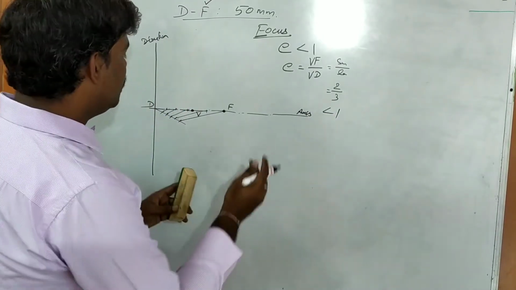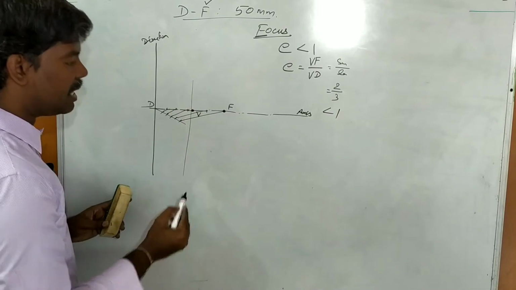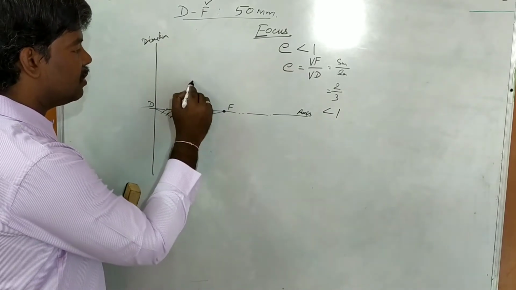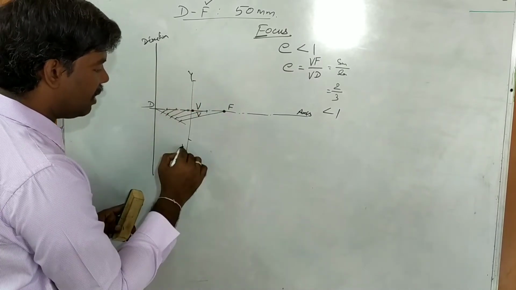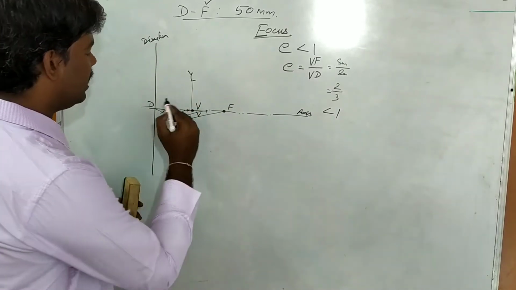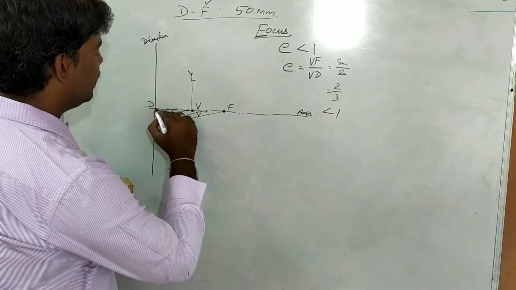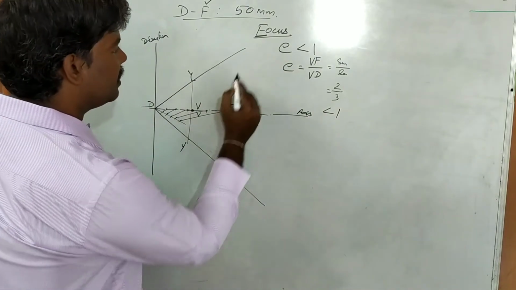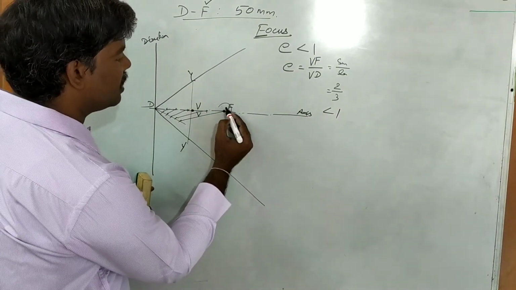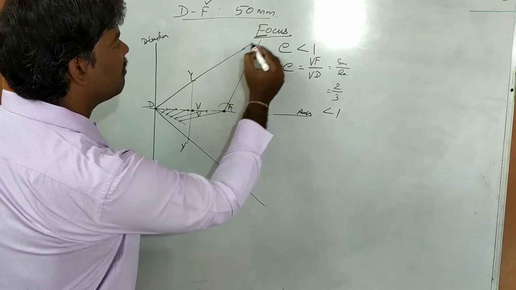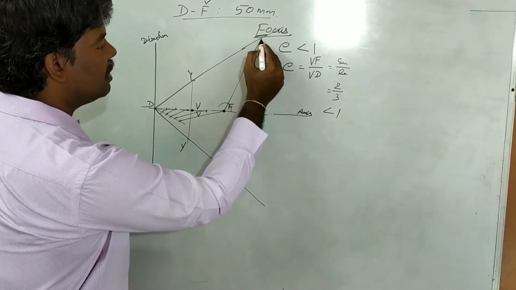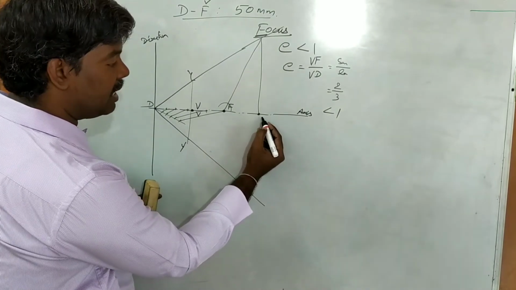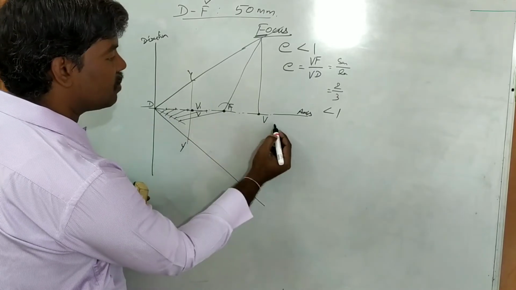Already you know that. Here you draw one vertical line passing through the point V. Next you mark the VF distance on that vertical line, that is called y dash. Then from the directrix you draw one line passing through that y and y dash. After that, from the focus you draw a 45 degree line, and where it intersects the line dy, you draw one vertical line up to the axis. Where it intersects the axis is called the other vertex. So this is vertex 1, vertex 2.